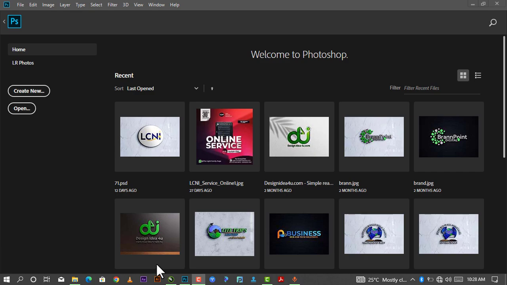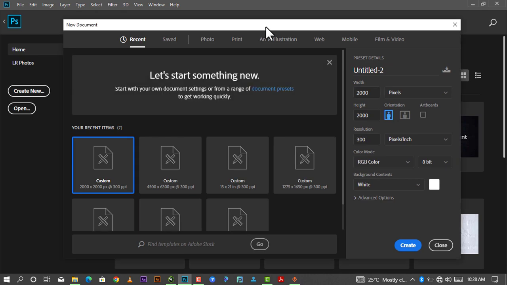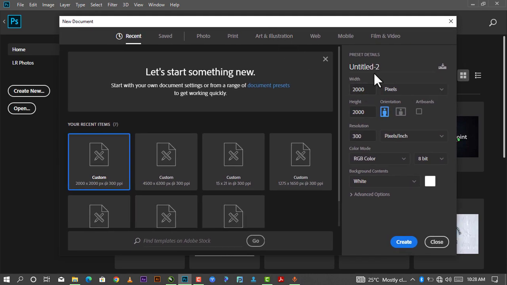So as you can see, this is how our Photoshop looks whenever it's been launched. We'll be creating a new document, and to do that we'll go down to File, go down to New, and we'll be setting our parameters as a dialog box appears. Let me just title this Church,